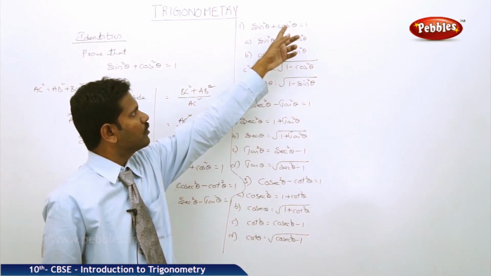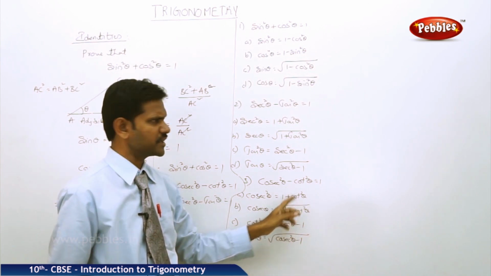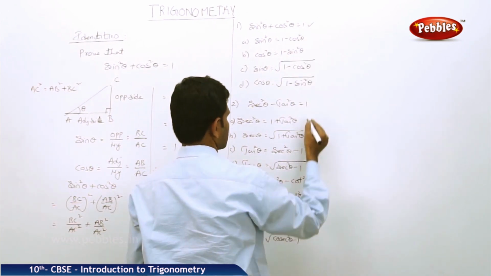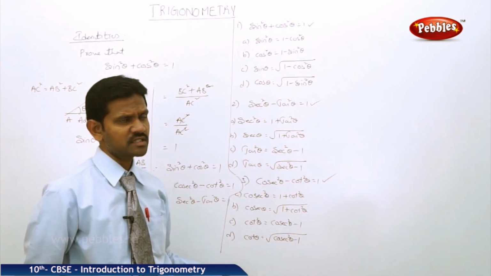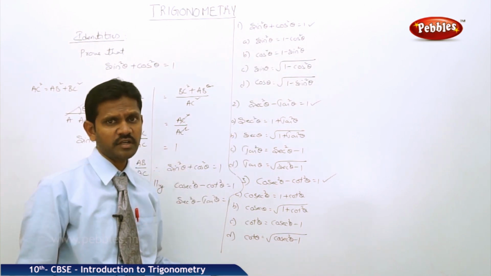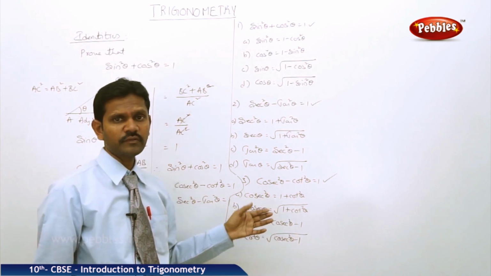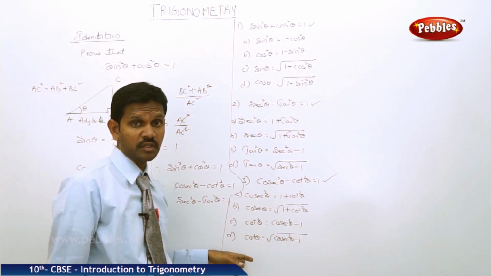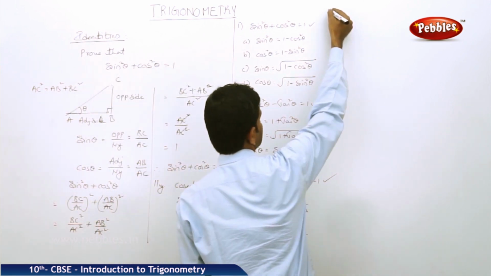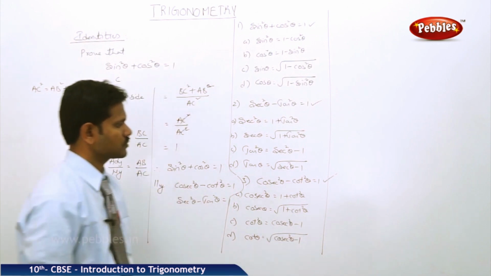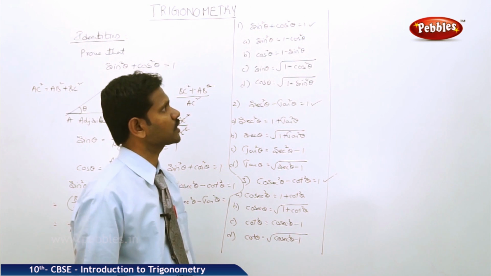That is, from three main identities, identity number 1, identity number 2, identity number 3, from each identity 4 sub formulas are generated. These formulas are future related. Whenever we are solving the problems, each and every formula will be very helpful for us. Next, let us see some important formulas of this chapter.